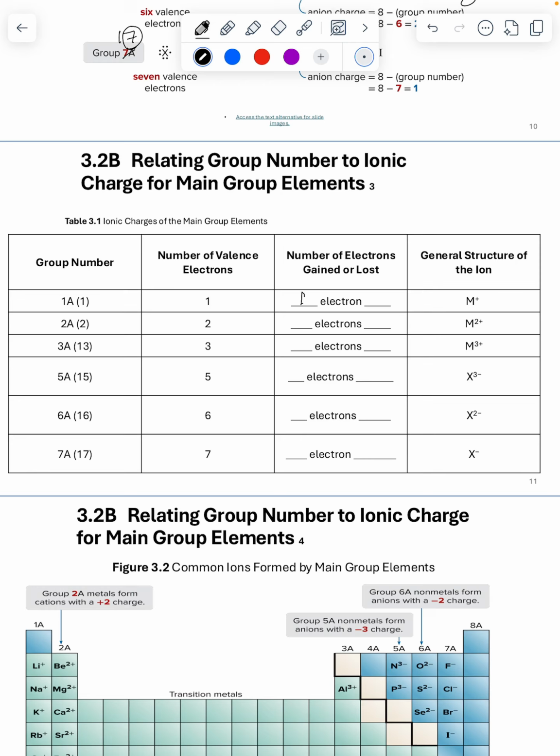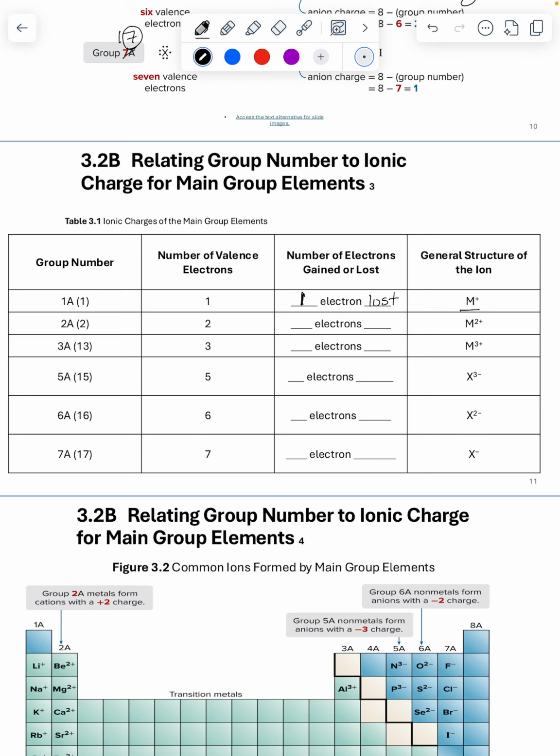Since these atoms only have 1 valence electron, if they were to lose that 1 electron, then they will have a full outer shell. And so the ion symbol that's written is just simply the chemical symbol with a plus sign in the upper right hand corner. There's no need to put 1. It's understood to be 1 when you don't see a number. So just the chemical symbol, for example, sodium